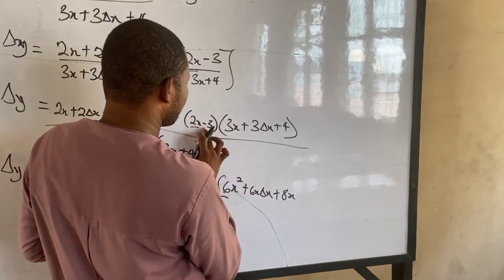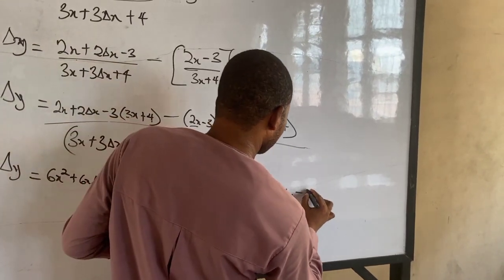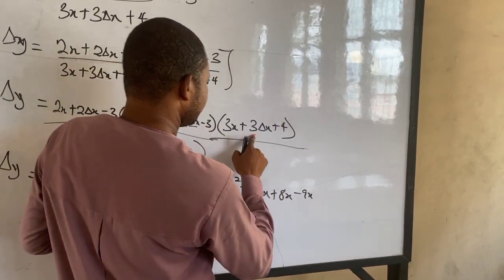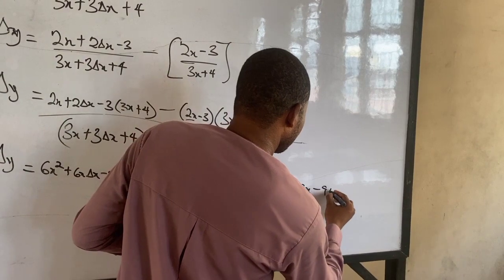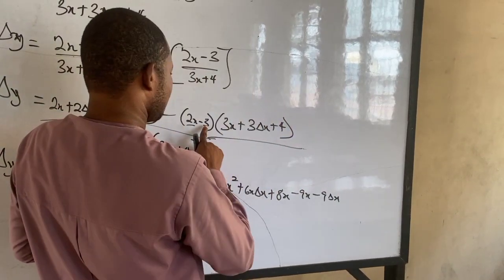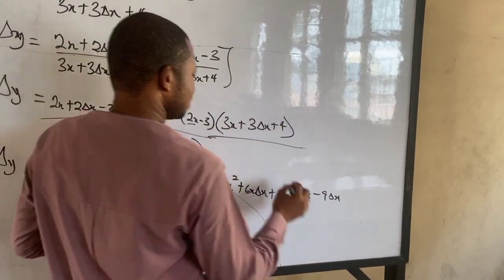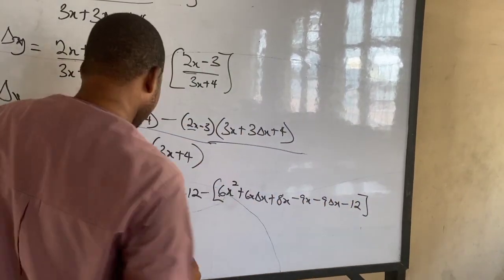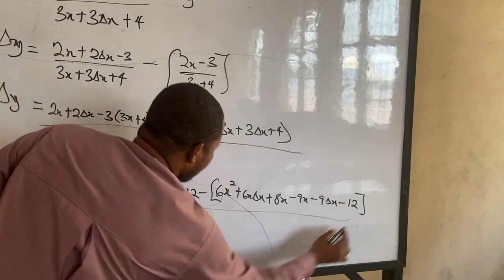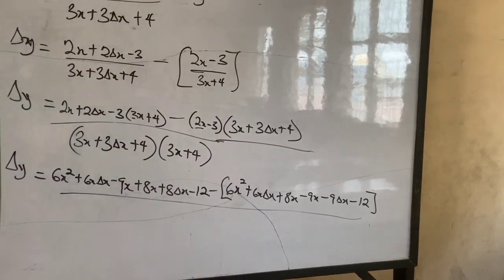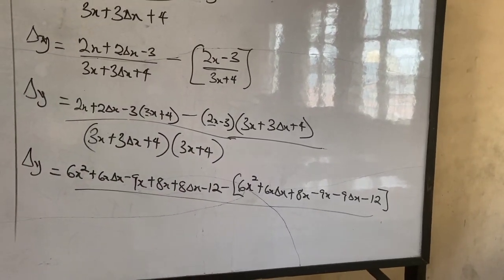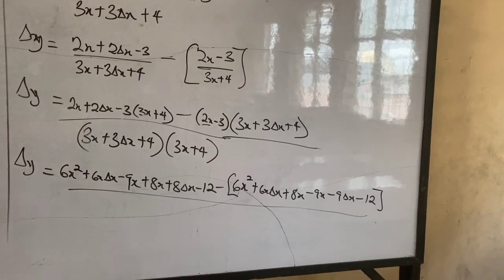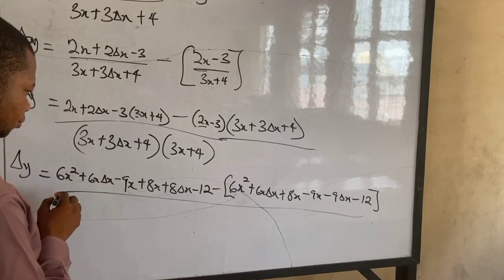So I move to the next one. Minus 3 times this, that will give me minus 9x. Minus 3 times this, that will give me minus 9 change in x. Minus 3 times this, that will give me minus 12. So close the bracket, all over the denominator. Okay, so that gives me